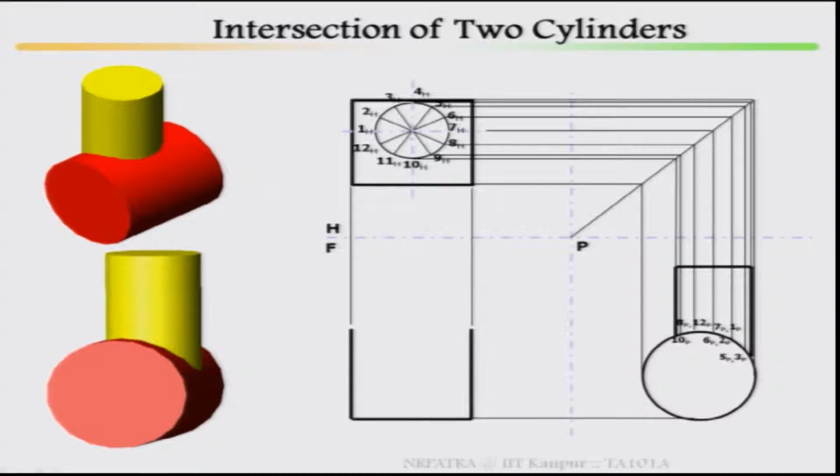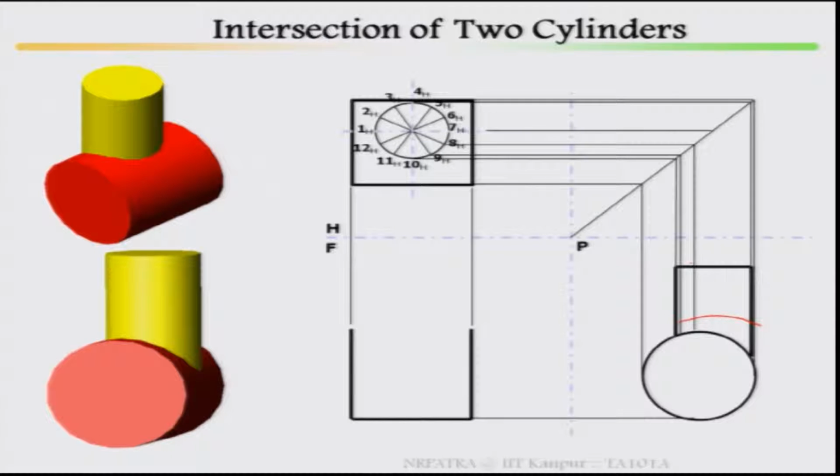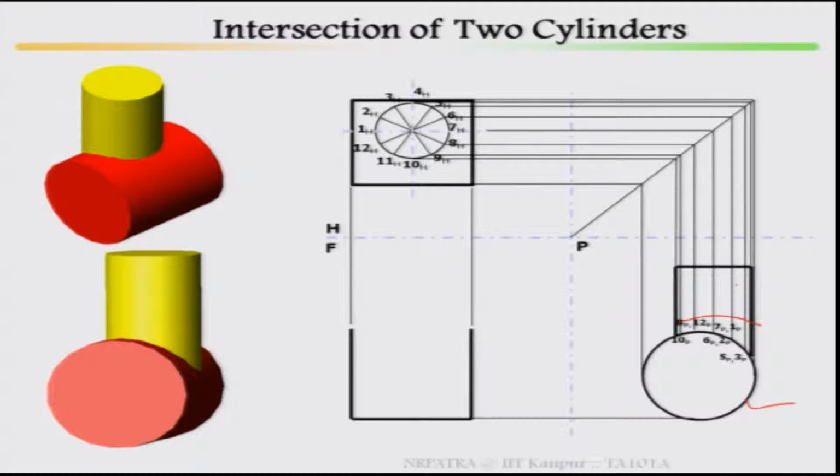The inner cylinder has been projected back. Look here, this is your inner cylinder. If I take the side view out, how does it look? This is your outer cylinder, and this is your inner cylinder intersection. So, once the inner cylinder in the top view is divided, it has to be projected back to your inner cylinder. Then mark the respective points.